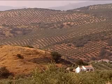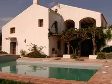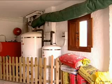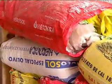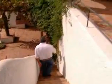Roughly 90% of the solar thermal market in the EU is in the residential sector. This second home, nestled in the foothills of the Sierra Nevada in Andalusia, is typical of the small-scale systems found all over Europe. The 800-litre boiler produces enough water for the needs of 12 people and even runs on olive waste when the sun isn't shining. The technician who installed the system believes the 2,000 to 3,000 euro investment in solar technology made by the owners